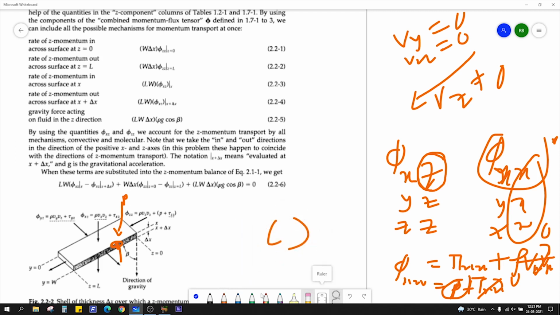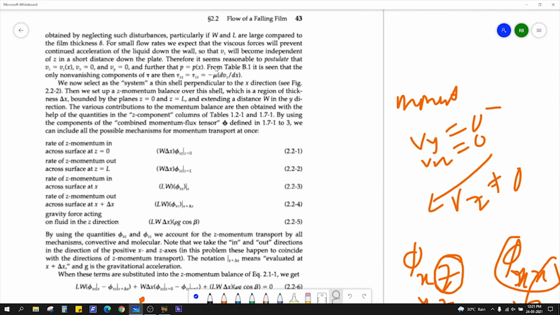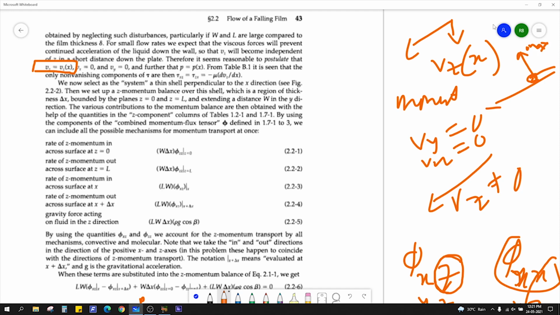It is given in the problem, I'll show you. Here you can see: it's reasonable to postulate that Vz is a function of x. Vz is flowing in this direction, but momentum transfer is in the x direction. So Vz is a function of distance. Why? Because if the velocity is close to the wall, it will be zero. If it is away from the wall, it will increase. It will be max away from the wall. So definitely it is a function of x, and Vx is zero, Vy is zero, and further the pressure P is